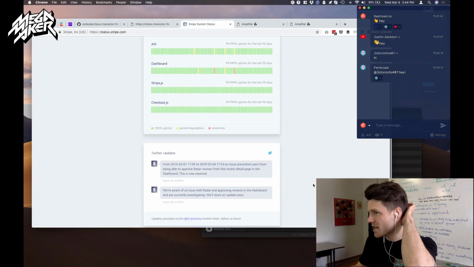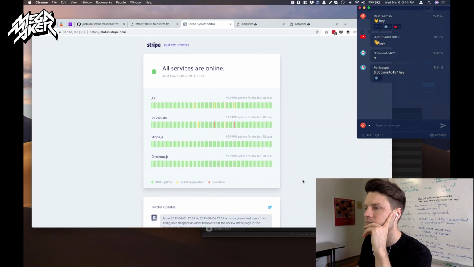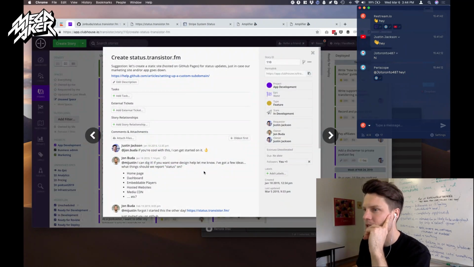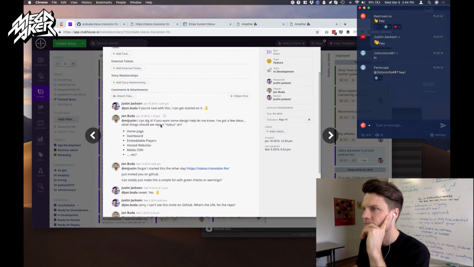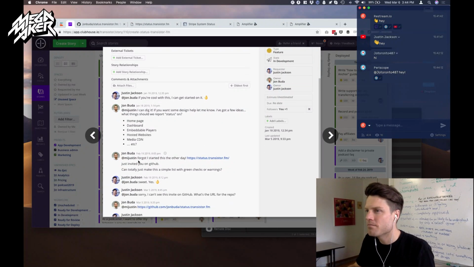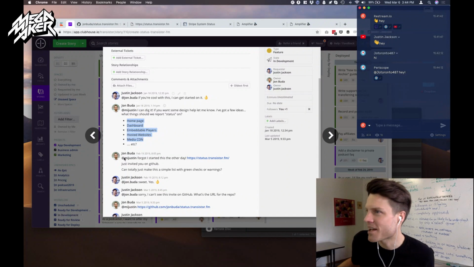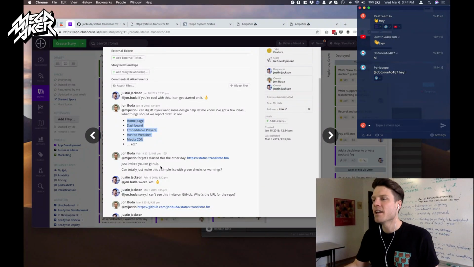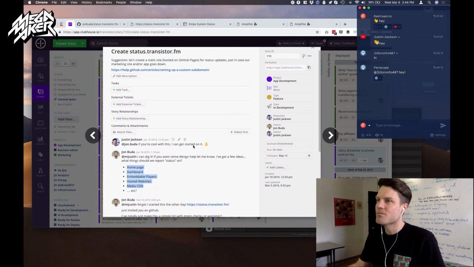This is what the Stripe status page looks like. Probably can't exactly do this. Right now in our spec, we just have basically, we want to have just green check marks beside these elements here, and then we're going to just update